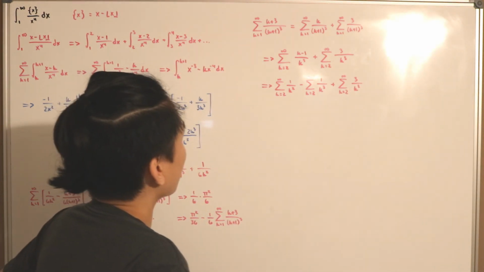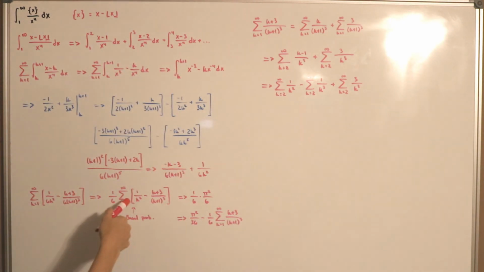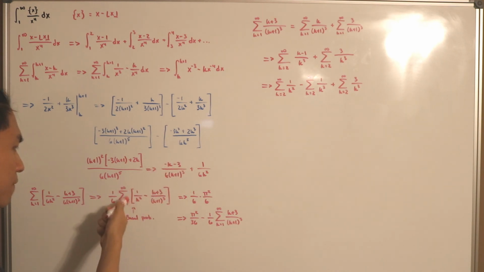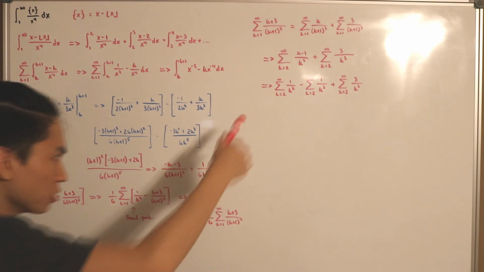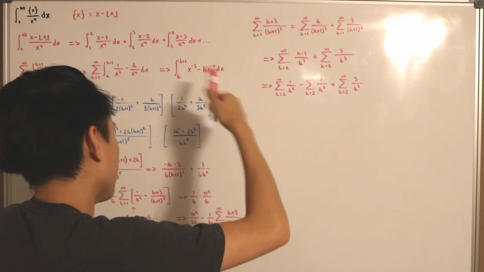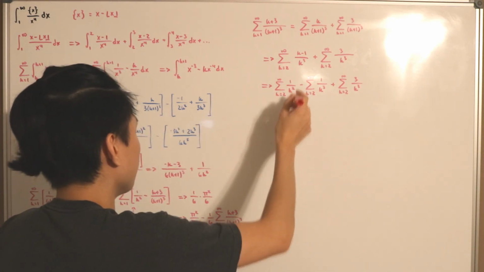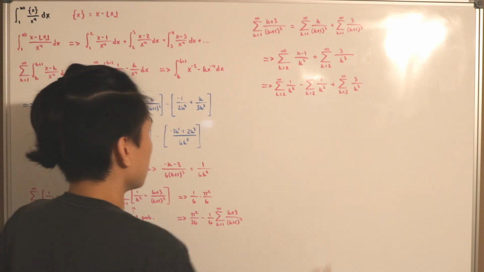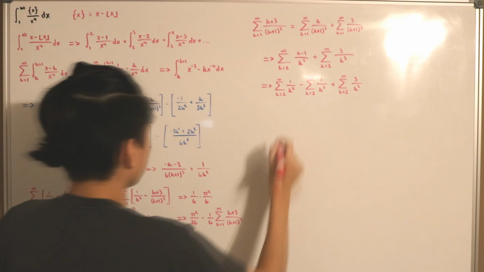Now notice that from before, it's a known fact that the summation from k equals 1 to infinity of 1 over k squared is equal to pi squared divided by 6. Be careful though, because now that our index is at k equals 2, we actually have to subtract the piece from when k equals 1 of this series. So obviously we know the infinite series from k equals 1 to infinity is equal to